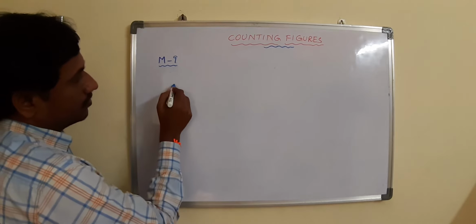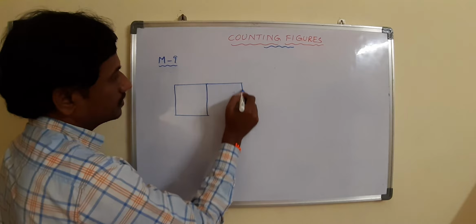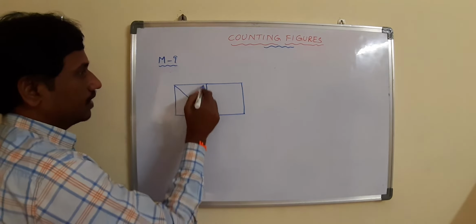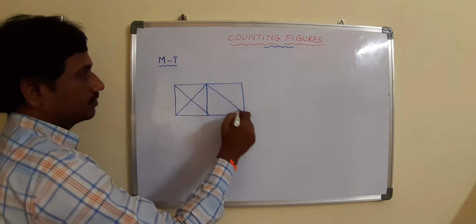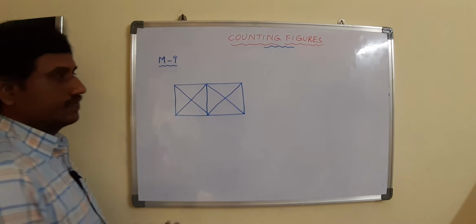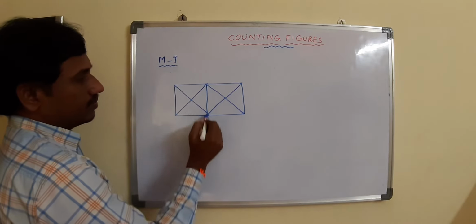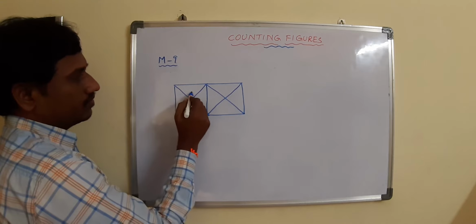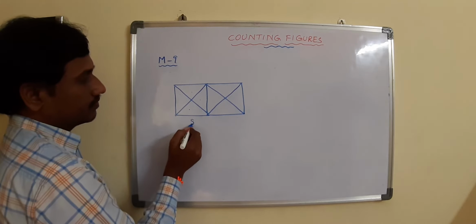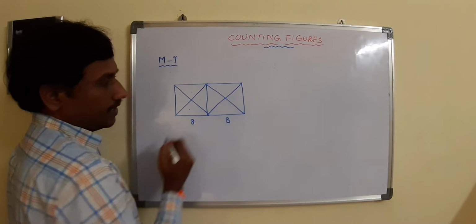Like this. How many triangles are there here? Here they will give 2 squares like this, and diagonals like this. Then how many triangles are there? Already we know up to this, the total number of triangles is 1, 2, 3, 4, 4 into 2, 8 triangles for this, and similarly here also we have 8.